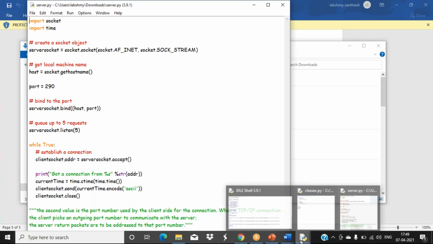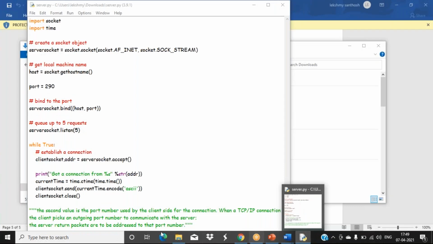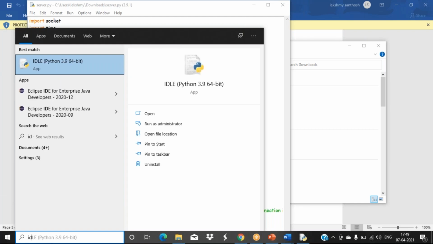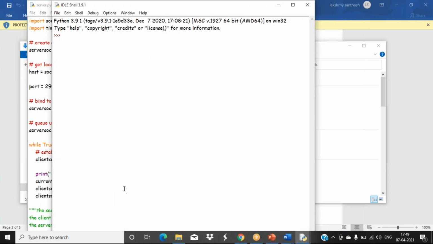To show the output, I'll open two output windows from Python. I have opened one IDLE window. Just imagine this window is your server machine.